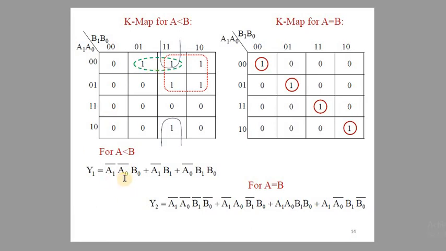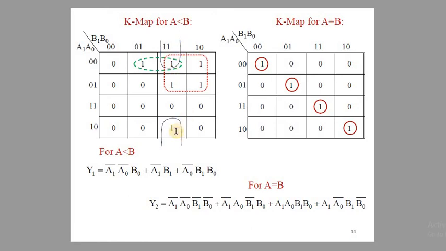Okay, A1 bar, A0 bar, B0. Then the value of the second group, how is it? This is considered as the second group. Therefore when we check here, the constant is A1. A1 bar is constant, but A changes. Therefore A1 bar, here the constant is B1. A1 bar, B1. B0 changes here from 1 to 0, therefore don't take it. We consider this as A1 bar, B1. This is the value of the second group.